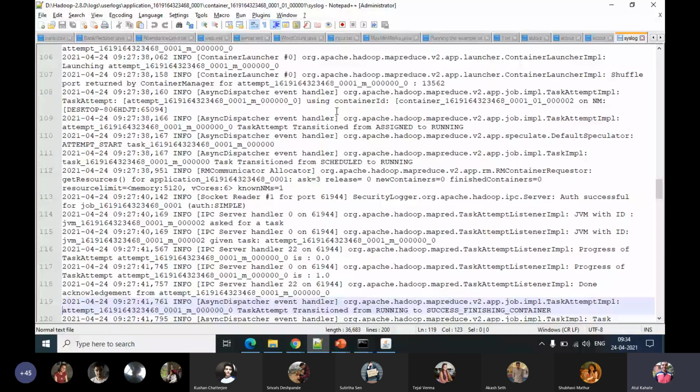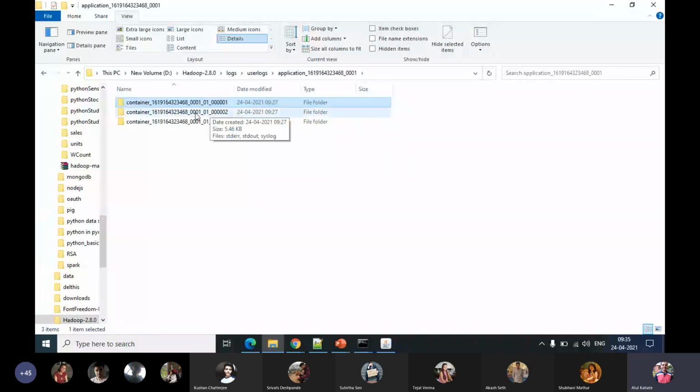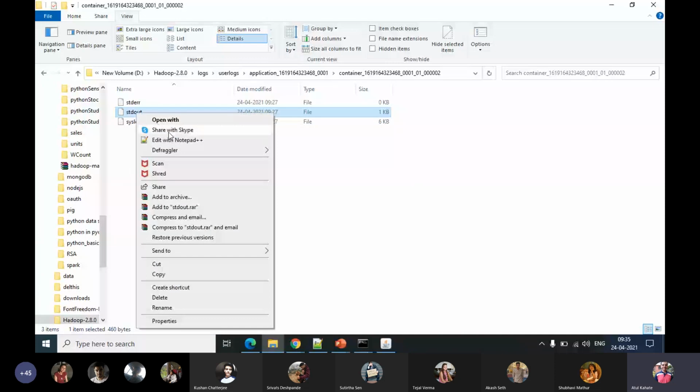But what we are going to see next is very useful. This std out, as we noticed in this first directory, is not very useful. But let's now look at the second directory. These are actually the various passes or steps through which the reduce function is going. So now we see that the std out in the second directory has 1 KB of data.